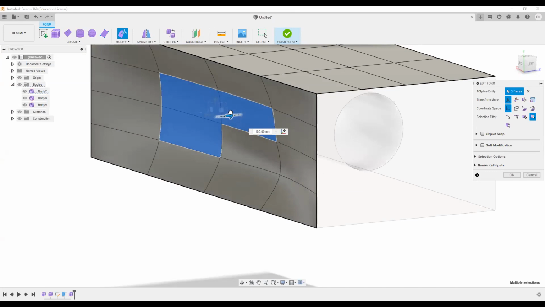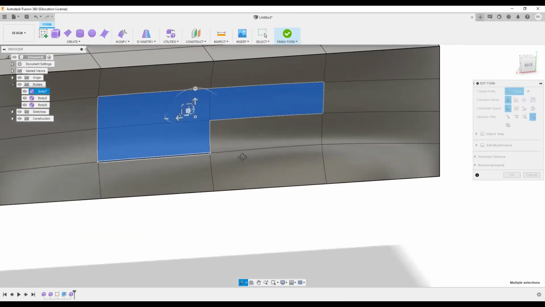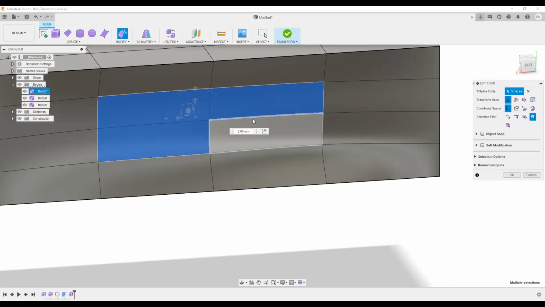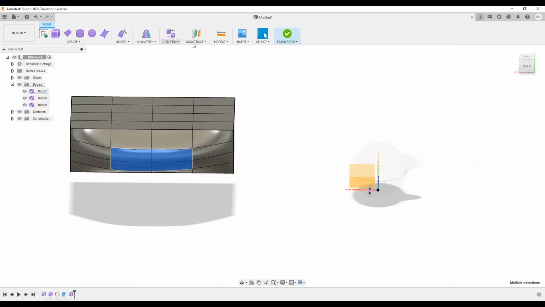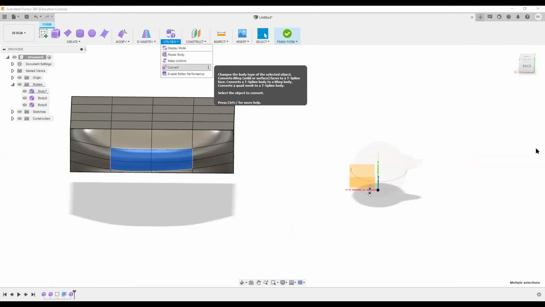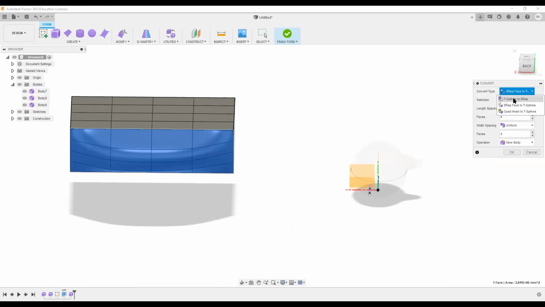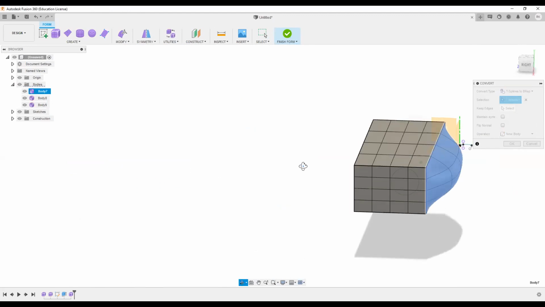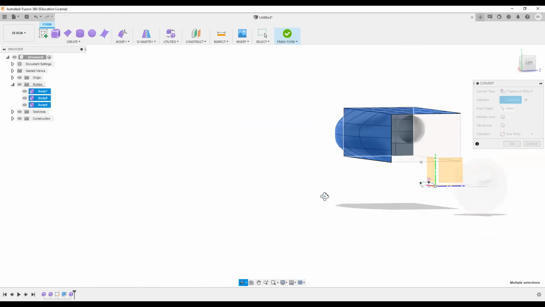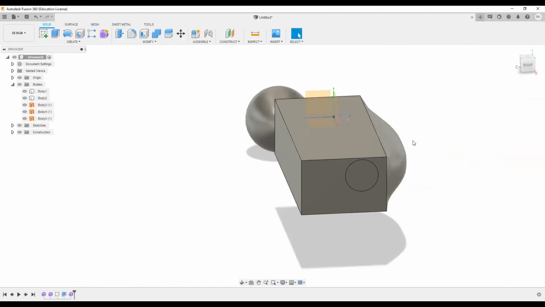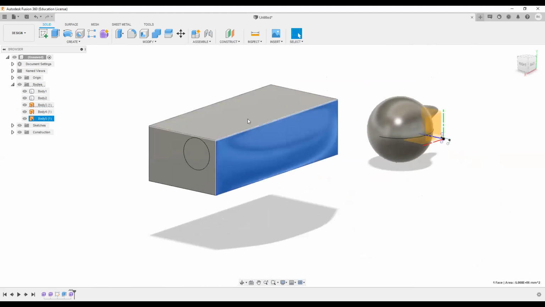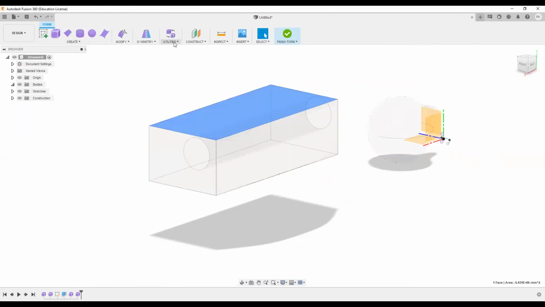I can give the curvature this way, or maybe this way, and then again I can convert it back to B-rep. Select the faces first, and then again. So this way I can convert it back to the B-rep body. And yeah, that's it. So those are the tools.